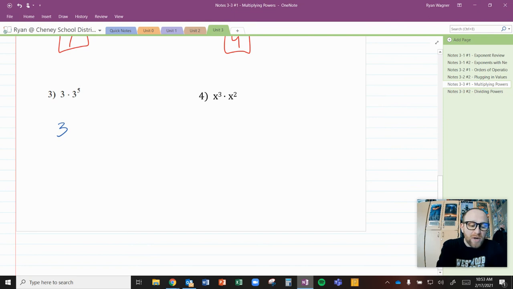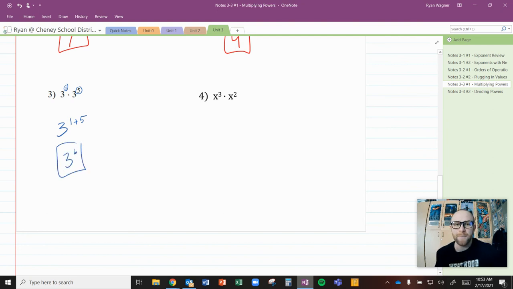We know the exponent on this one is 5. What is the exponent on the first number 3? Where there's no number there, what is the exponent? Well, when there is no exponent, the exponent that is there is 1. It is not 0. If we had an exponent of 0, it would show you a 0. So when there is no exponent there, the exponent is 1. So we take our exponents, 1 plus 5, because they have the same base, we get an answer of 3